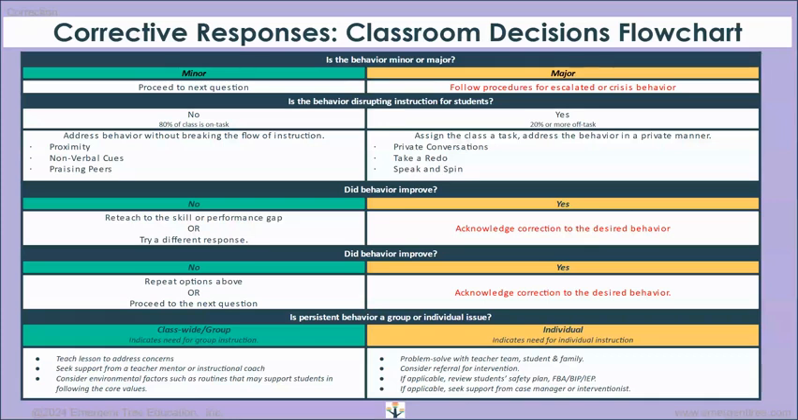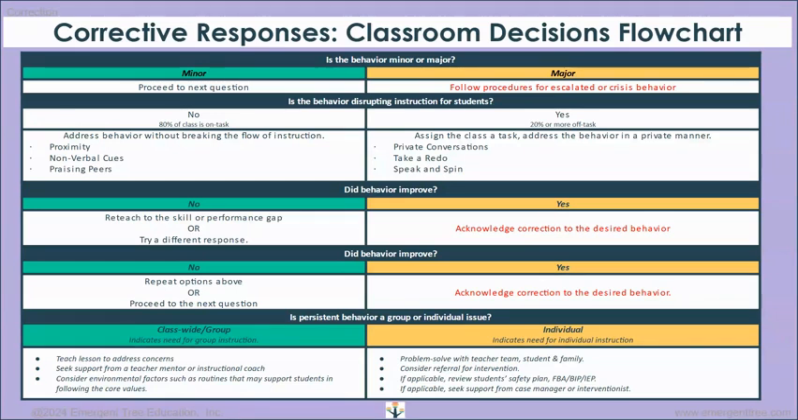As far as major behavioral issues, we're going to talk a little bit more in private conversations, so taking them out of the situation, having them do a redo. So let's say, hey, you're currently hitting somebody. Let's not do that. Let's do a redo. A speak and spin, which is where you tell them what the expectation is, go around,